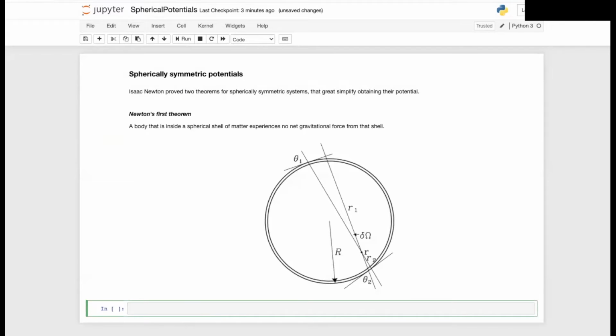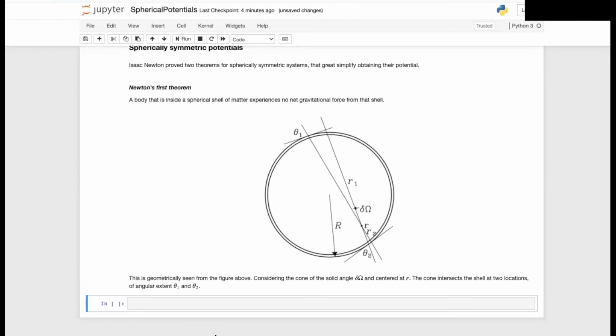Let's consider the shell in here. If you define this point R, and then you have these two cones, this one that is radiating from R, defining the cone of solid angle d omega, and the other one in the opposite direction, it intersects the shell at two locations, one of angular extent theta 1, and the other one of angular extent theta 2. Now, the mathematical expressions of theta in terms of the solid angle are,